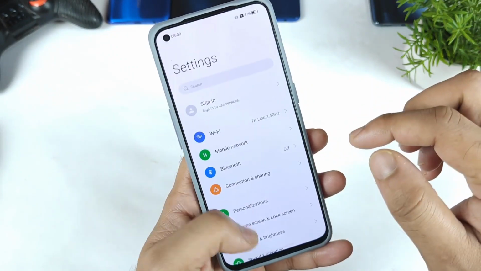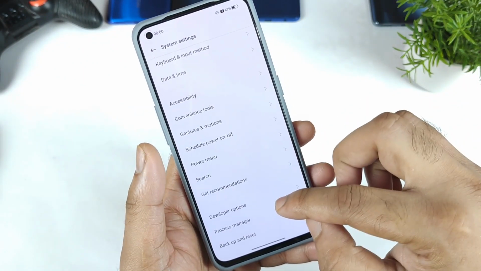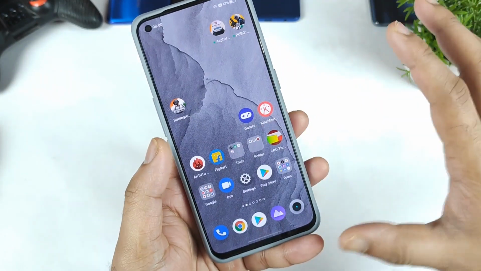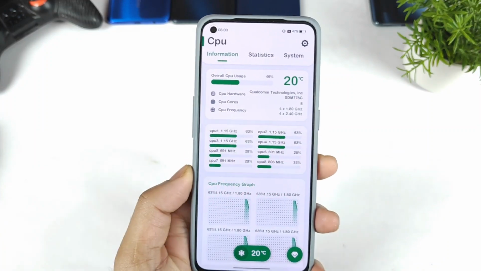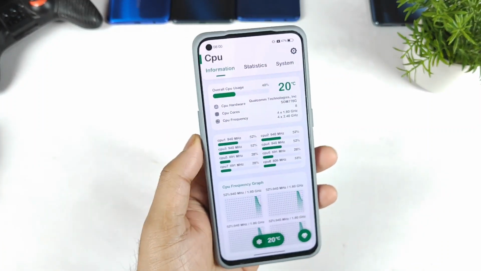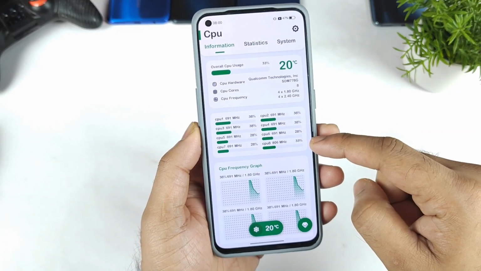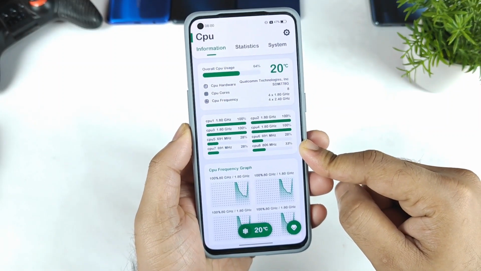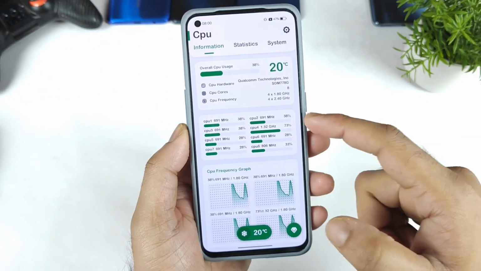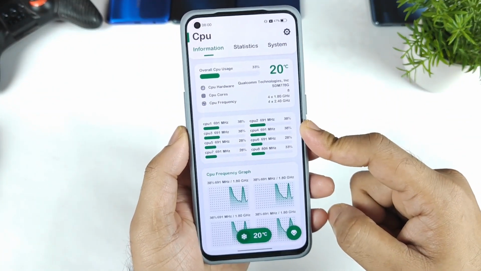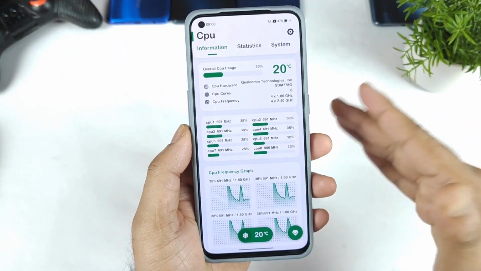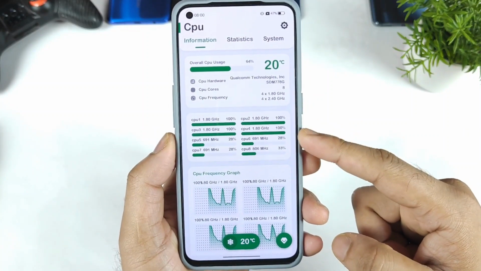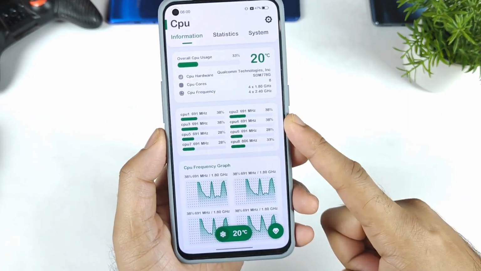First, all the apps are completely cleared from the background, and everything is clear in the process manager as well. As you can see, there are no background applications running in the Realme GT Master Edition. Here's the application, friends, which measures the CPU core utilization of the 8 cores. Right now there are 8 cores present. You can clearly see how the utilization is. It's randomly utilizing a high percentage. It's not below 25%, because usually it will be below 25% in a few smartphones, but in the Realme GT Master Edition it's not 25%, and you can see random increases in the CPU clock speeds.